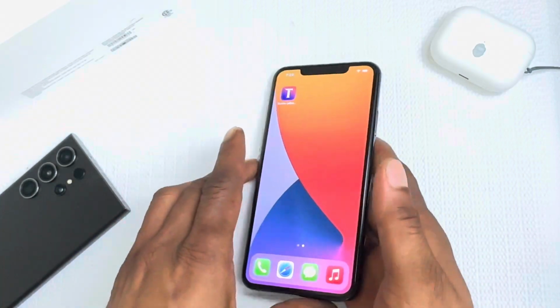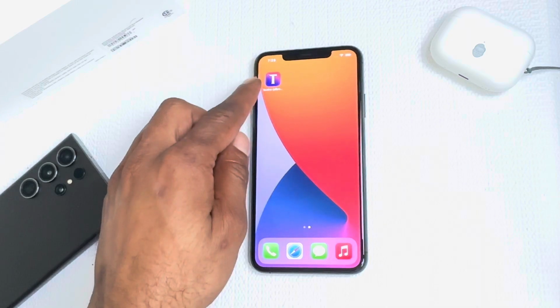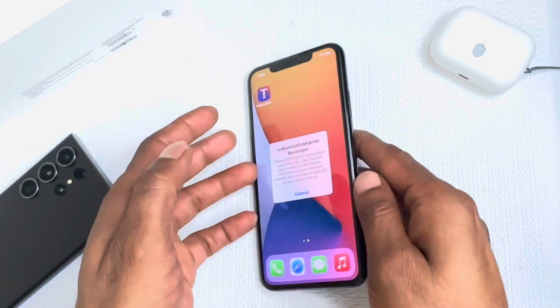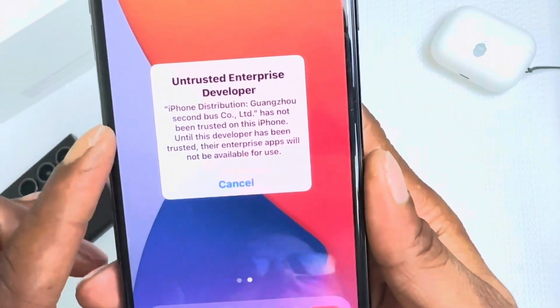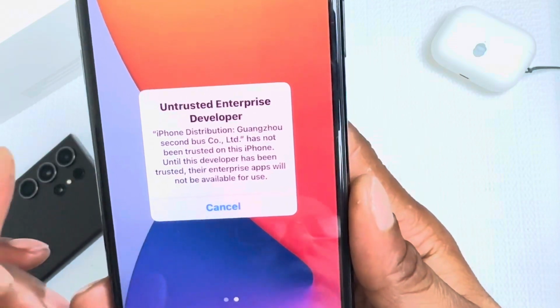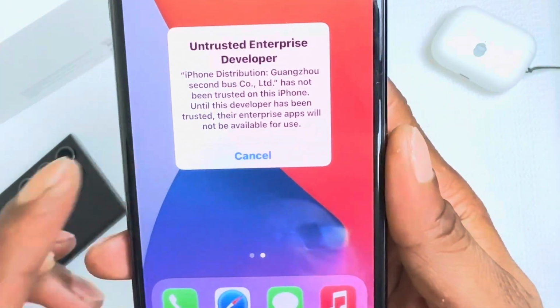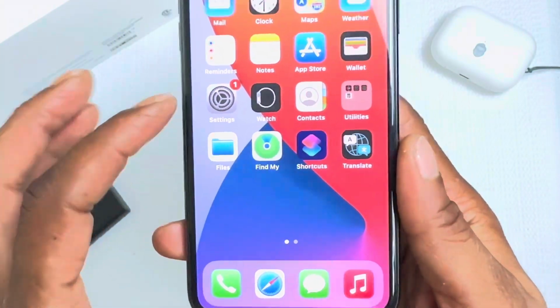Now, once you see the app installed on your phone, on your winterboard, what do you want to do? You want to click on that. The reason I wanted to click on it is because I want to show you that you're going to get this message on first install. This is the message you're going to get. And when you get this message, you want to hit cancel, and then you want to go into your settings,